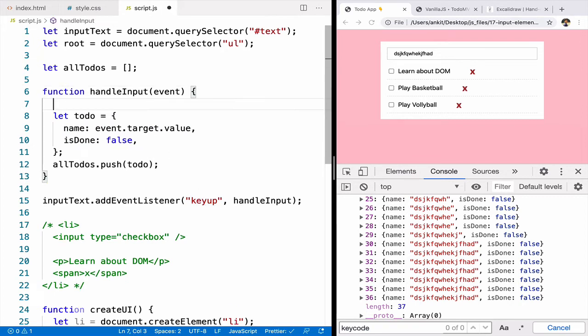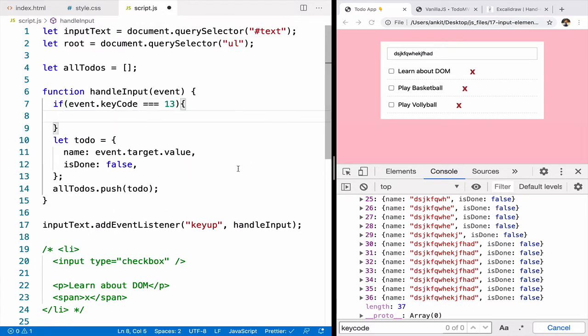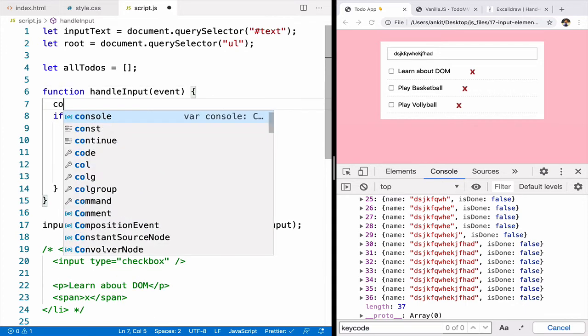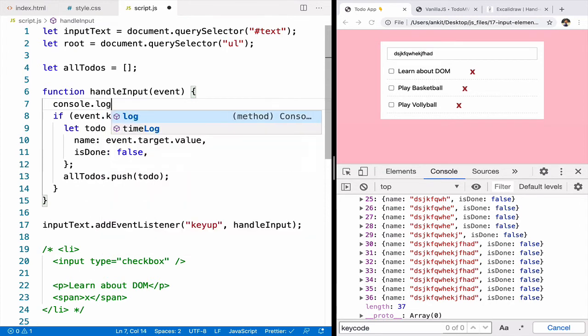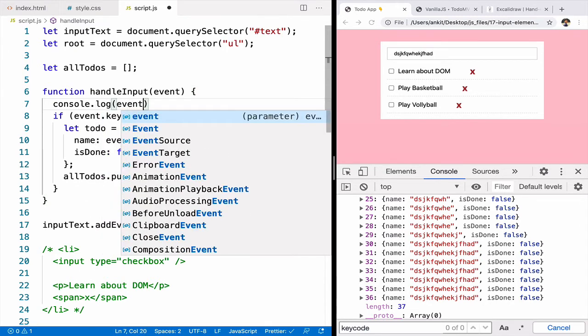But what we need to do is to do this only when somebody presses enter, and to handle the enter we can go ahead and say event.keyCode is equal to 13. Every key character has a code. Let's go ahead and console log it. So we'll say console.log event.keyCode,